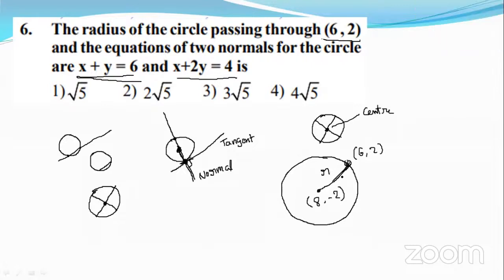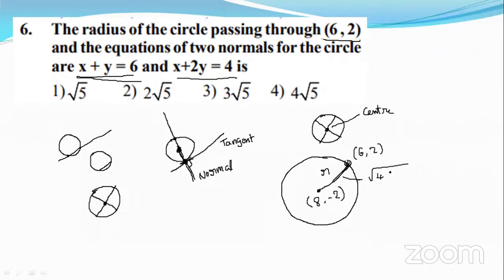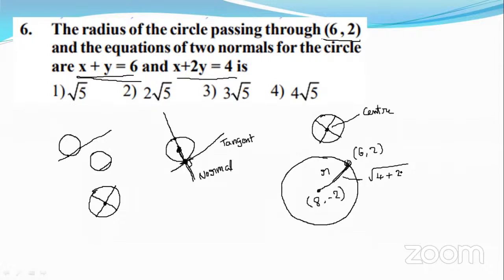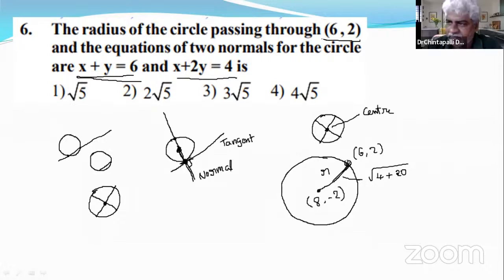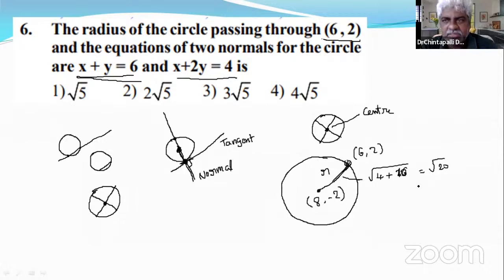Find its distance: (6 minus 8) whole square plus (4 minus 2) whole square. Very good. 4 plus 16, root 20. Of course, it's 2 root 5, but the calculation is not necessary. Of course, its value is 2 root 5, but simplifying this is not necessary because